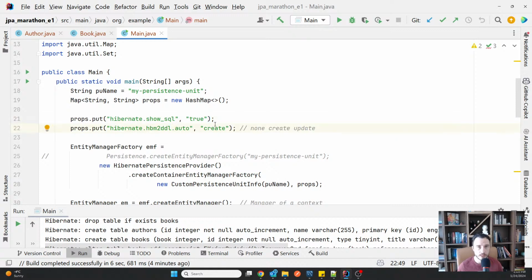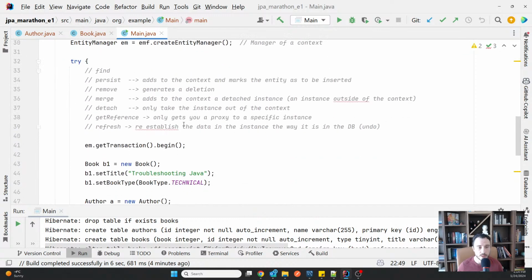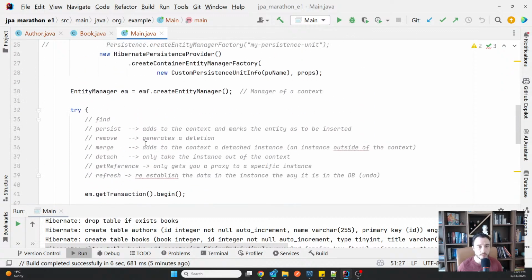Flyway and Liquibase are mandatory for defining the schema, the structure of your schema, the tables, the columns, the indexes, the foreign keys, and so on and so forth. The purpose of Hibernate is working with data, inserting data, selecting data, updating data, and deleting data. So I hope that makes sense now.